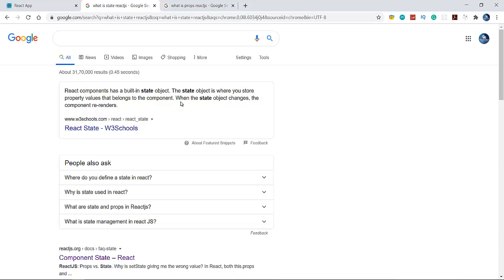So you can create state in two ways: first with a class based component, and second with a function based component. But in the function based component there is another concept, that of hooks. You have to use hooks to add state in our component. That I will tell you in the next part. In today's part we will deal with only class components for our state. To create a state in a class component there are two methods: first is with constructor, and second is without constructor.